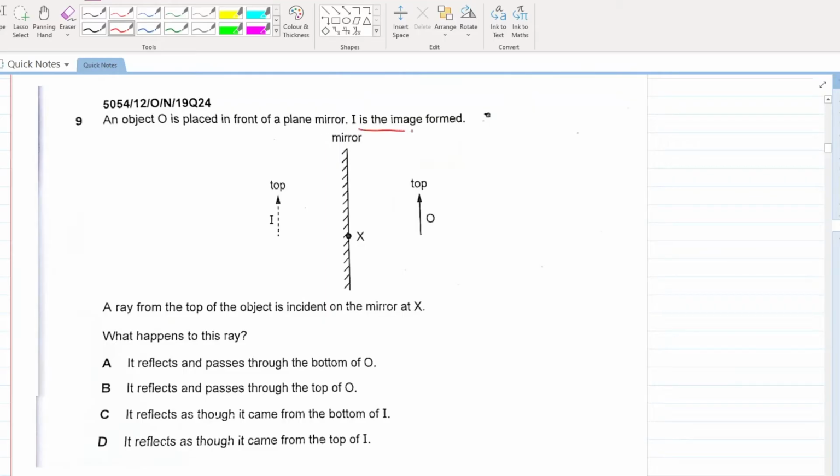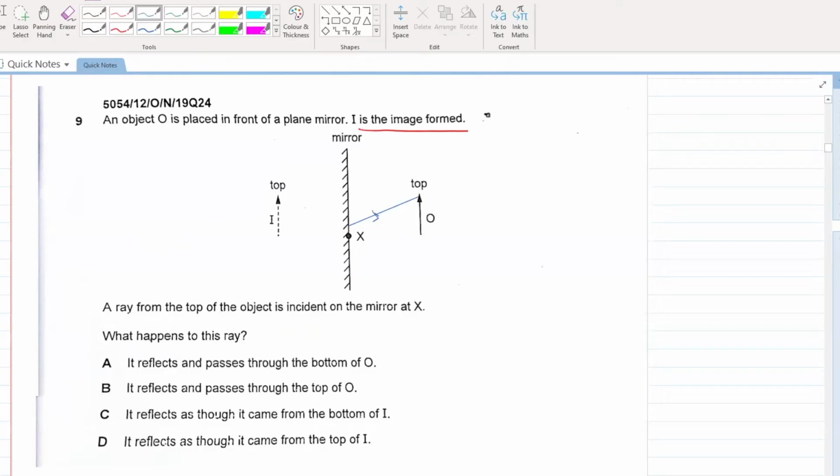Okay, I is the image formed. So this is the object, this is the image formed. A ray from the top of the object is incident on the mirror at x, somewhat like this. A ray from the top of the object is incident like this. Okay, now,